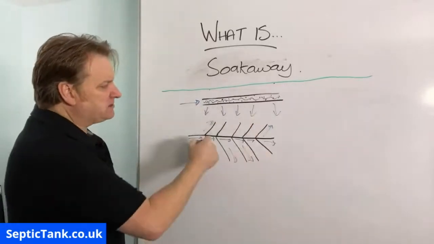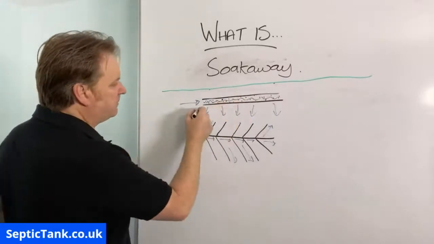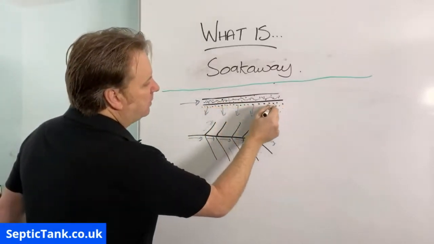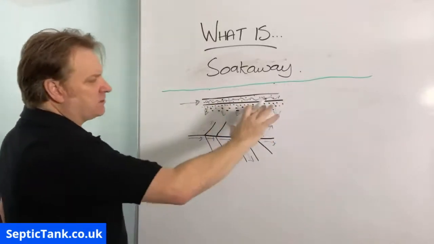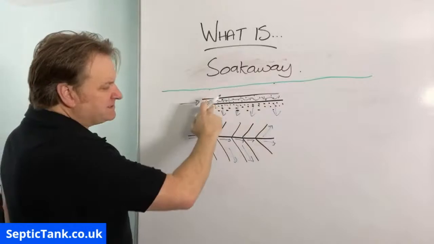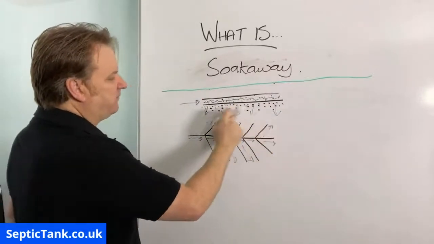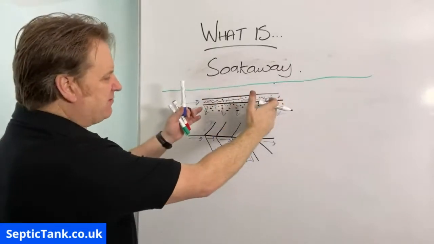And below this, if you imagine this is a side view, below this, there will be a bed of shingle on which the soakaway pipes sit. So the water comes out of the pipe, it's got no resistance, the soil is about here, or clay or whatever you've got, so it can actually leave the pipe, soak into the gravel bed, and then soak